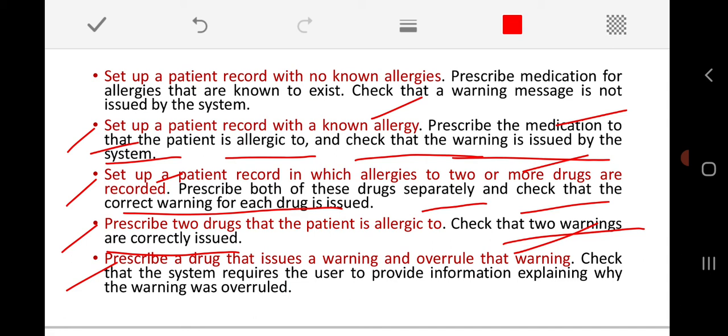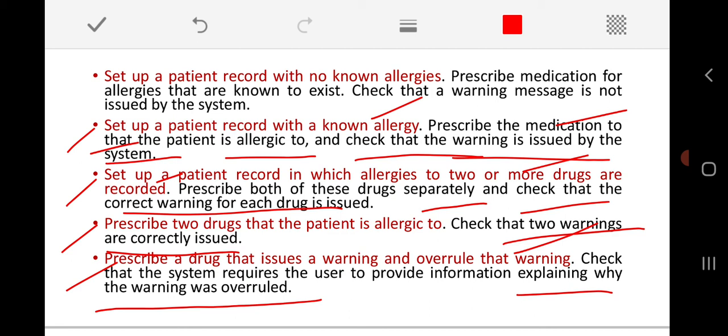Now I will overrule that warning message. When I overrule it, what was my expectation from that requirement definition? The system has to ask for an explanation of why the warning has been overruled. So that box I should get, and the doctor or nurse has to enter the reason for that, and only then is the system supposed to accept it.